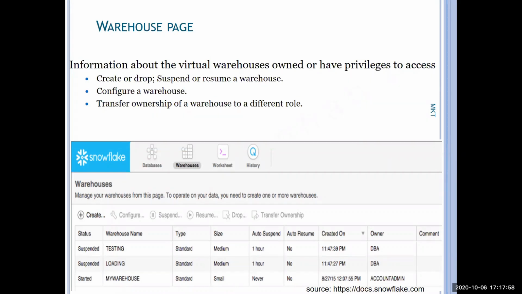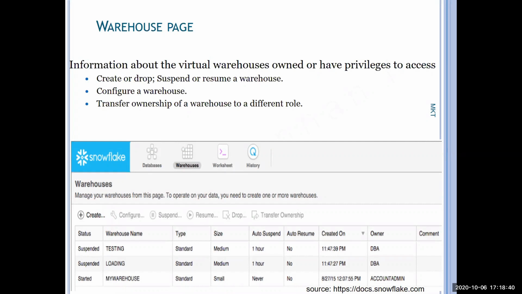So why do we need to suspend a warehouse? When you are suspending a warehouse, there will be no charges at all, right? If the warehouse is running, then only the charges will be incurred. For example, the normal charge is around $3 per hour. So if your warehouse is running continuously for 1 hour, you have to pay $3. $3 is an approximate value. It may be 3.5, 3.6 or something like that, depending upon your region and the size of the warehouse. Okay, so that is how it works.